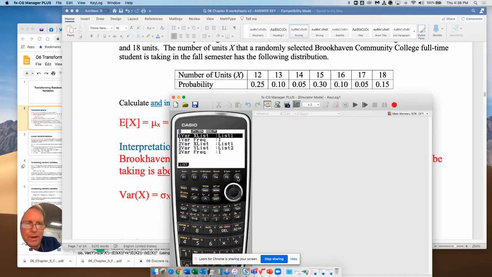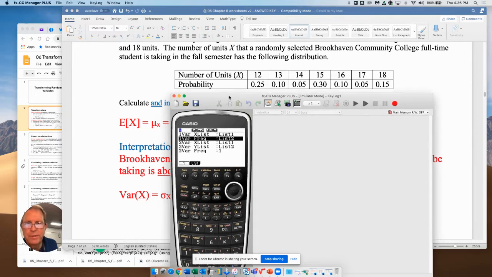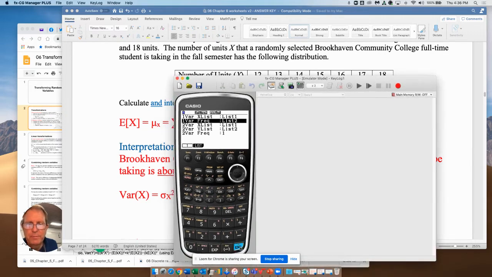This is what happens a lot of times if your calculator's been reset. We have the frequency set at 1. We have the data, our x values, our random variables in list 1, but we want to set the frequency equal to the probability that we have in list 2. So I'm going to hit F2, set it at 2, and now I have the frequencies coming from list 2. That's what I want. So I'm going to step down here, press my execute button,